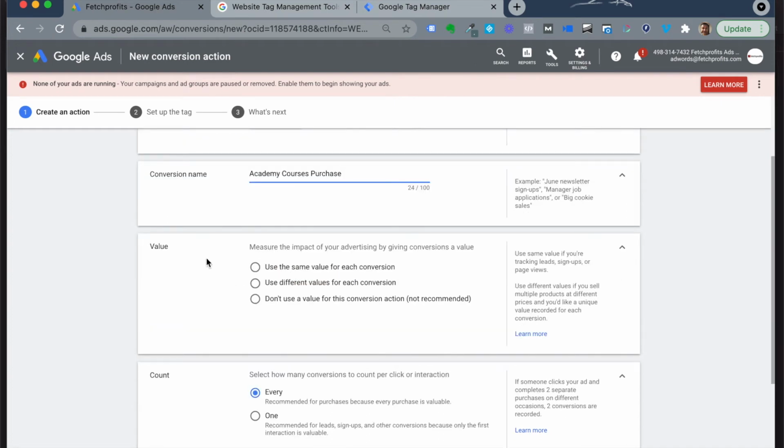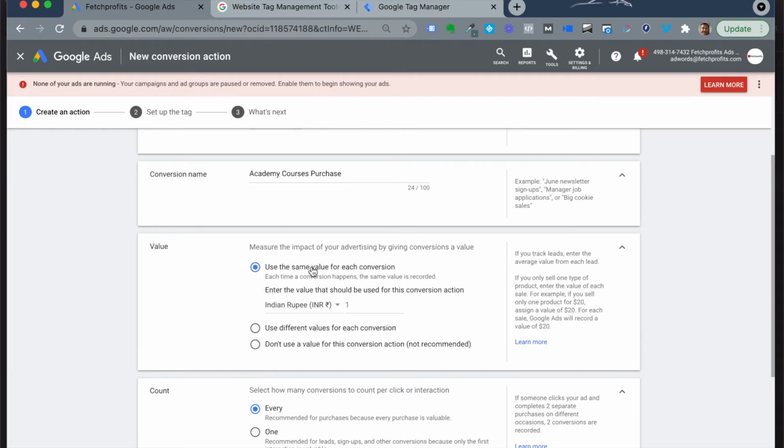You have a section that says value. Every single lead who signs up on your website has a dollar value assigned to that lead. Theoretically speaking, let's say you have 10 leads who sign up for your free ebook or your coupon that you're giving away. Out of 10 leads, one person purchases, and that purchase value is, let's assume, around $30. So a lead is actually worth $3 for you. So you could work backwards from your actual purchase value and work out a particular dollar value for your lead as well.